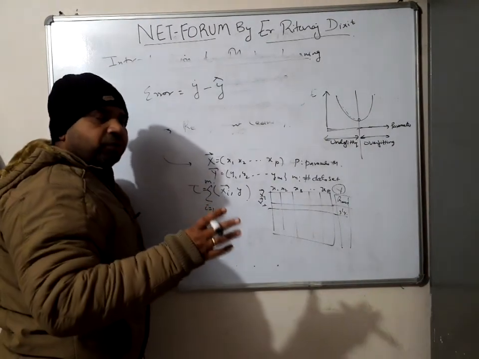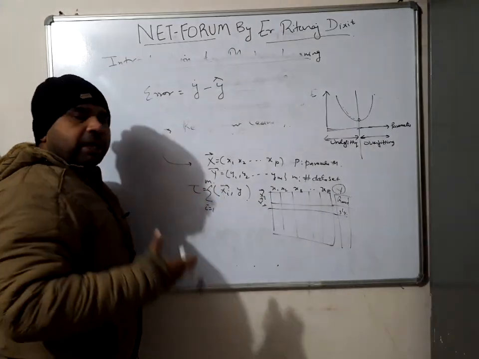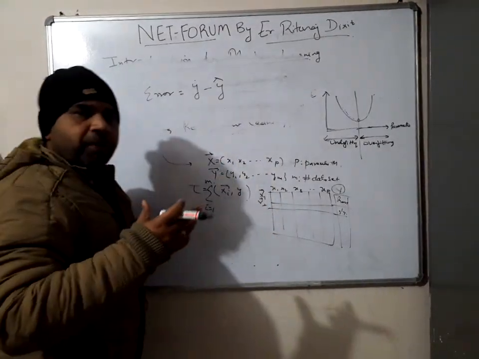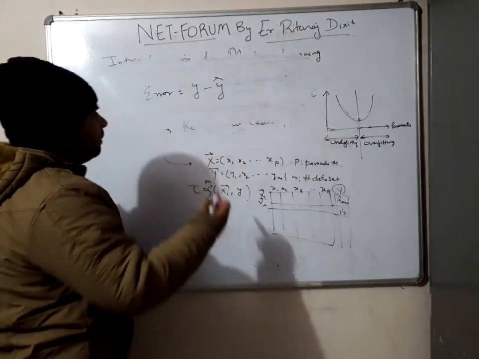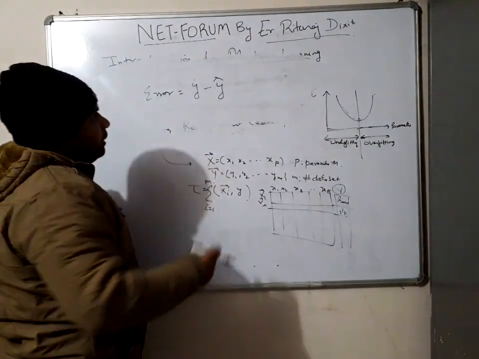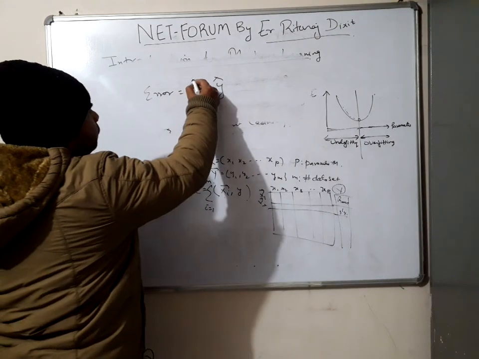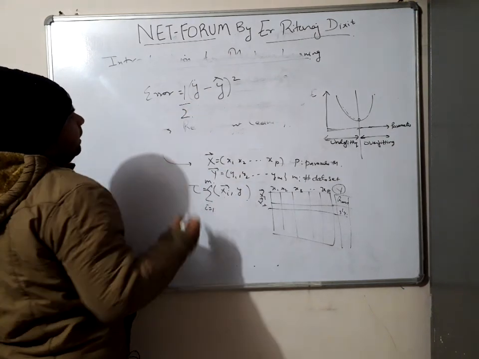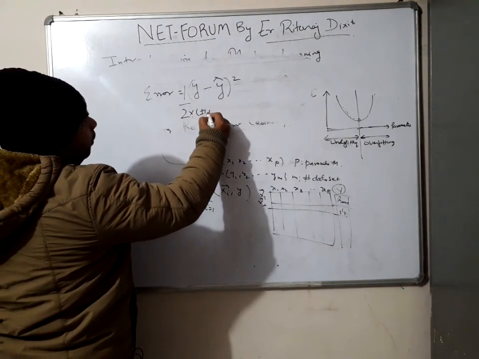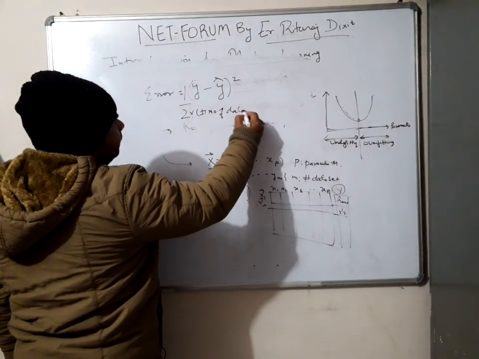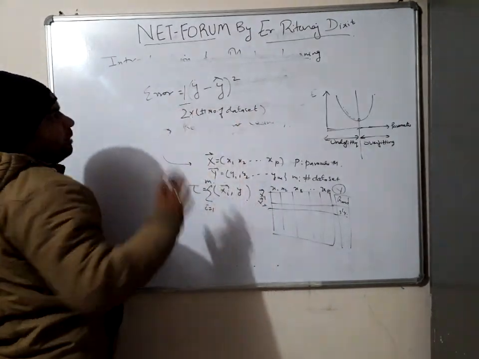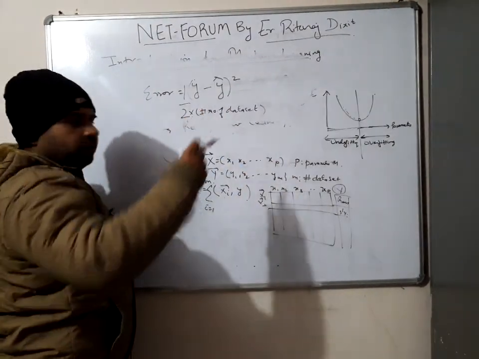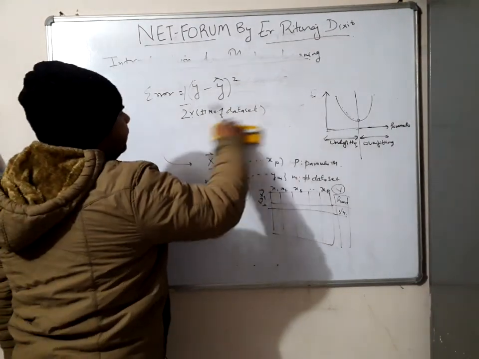Now we are talking about the test data because we are going to test our model on the test data. So this is the actual output of the test data, and this is your predicted output. A machine has predicted this particular thing. The difference between these two is known as the error, right? To avoid the negative sign, we usually take the square of the error, and to take the mean, we divide it by 2 times the number of data sets. If there is one data set, this is 1 by 2. This 2 is there so that whenever we do differentiation, this constant cancels out. It has nothing to do with the computation here.